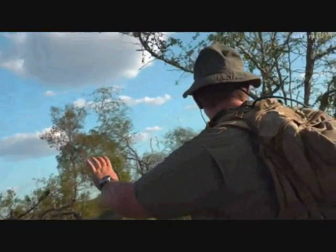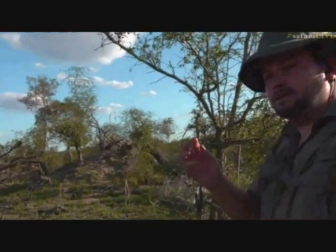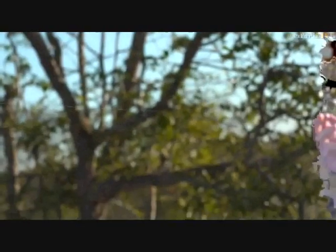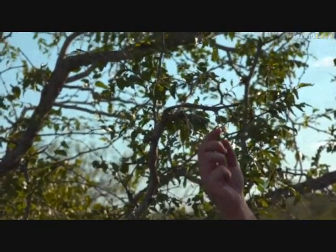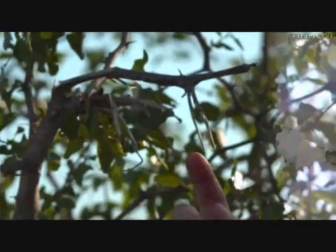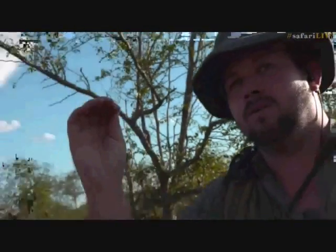There's a spider web here. Just look at, I nearly broke its web. It looks like it's just started making it. It's probably attached it here. It might be living in the tree somewhere at the moment. You can see it's anchored a bit, and then had a drift with the wind, this little strand all